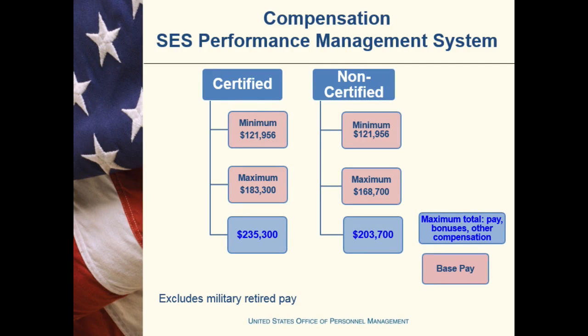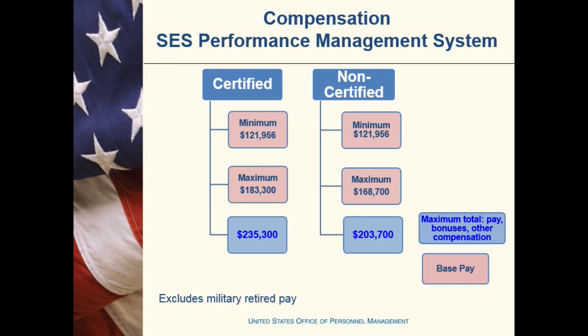Compensation. All SES pay is based on performance. Agencies are either certified or not certified by OPM in order to set pay for their new executives at certain levels. Agencies that have an OPM certified performance management system can set pay for their executives up to $183,300. For those agencies that are not certified by OPM, they are capped at setting pay for their new executives at only